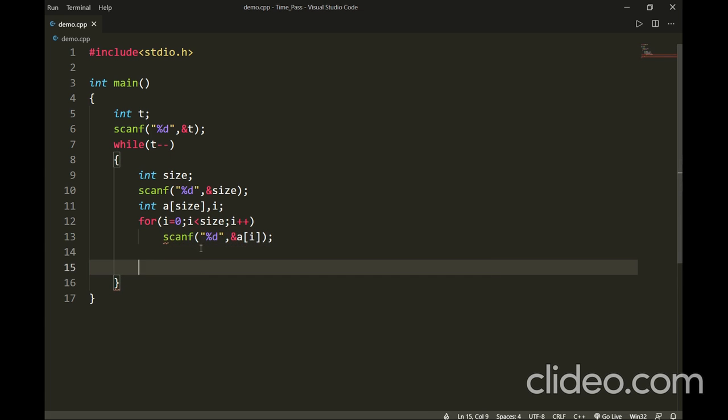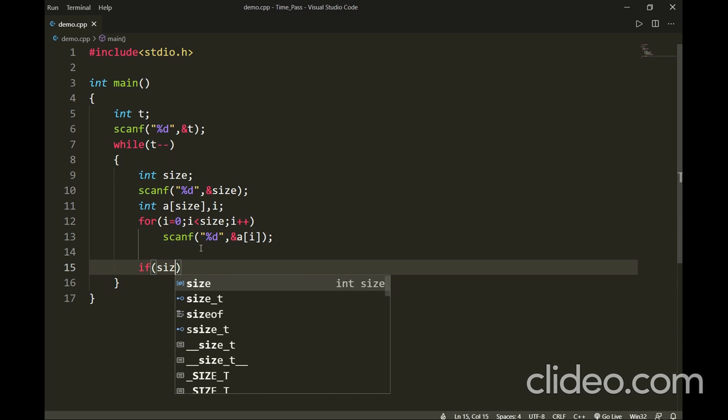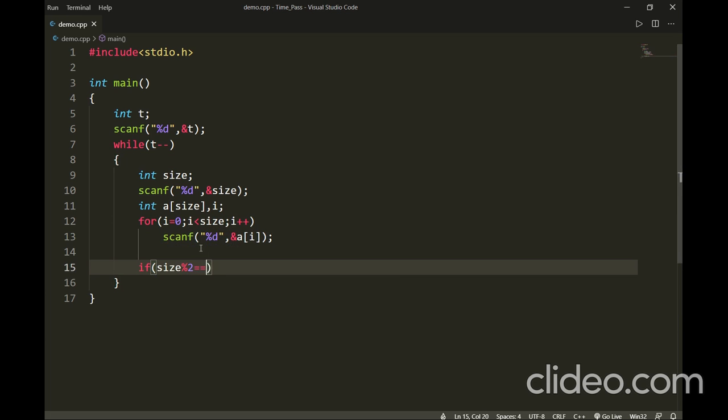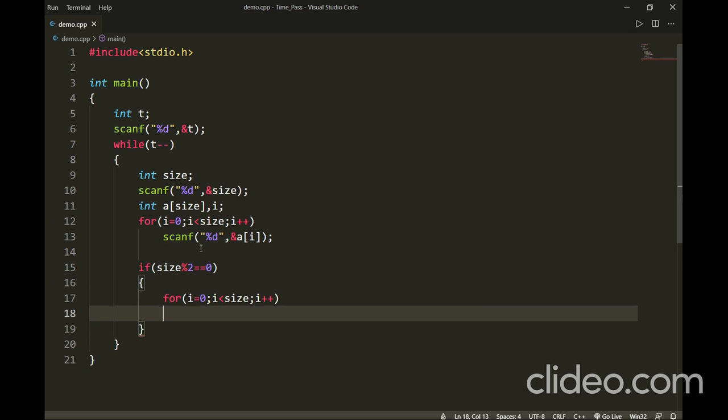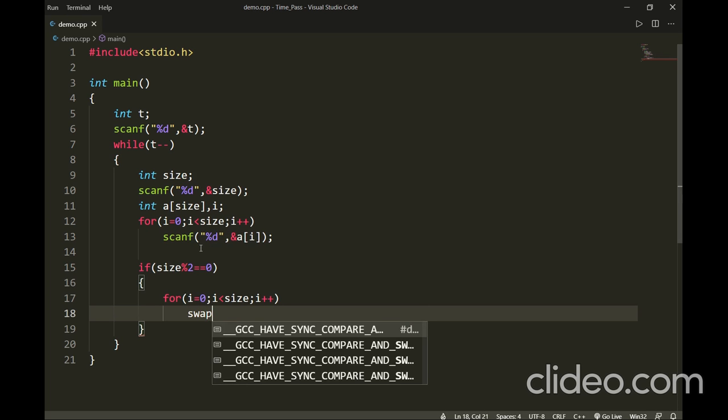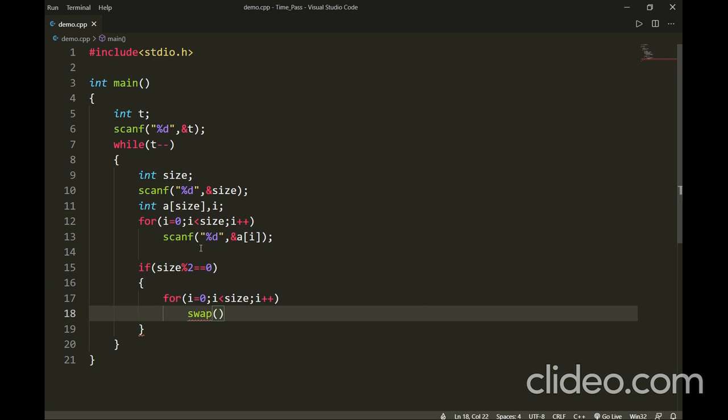Now I am going to write the program part of the wave-like array. If size mod 2 is equal to 0, then run a for loop from I equal to 0, I less than size, I plus plus, and then you swap it.